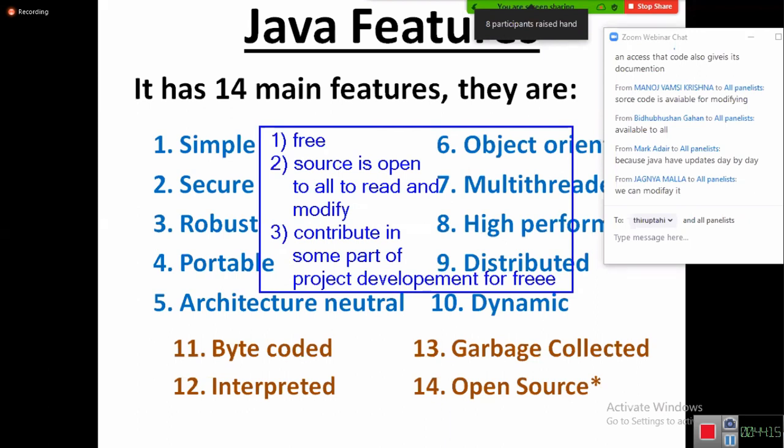Just for free, no. People who understand it that way are wrong. Java is an open source programming language because, number one, its software is freely available to download. Number two, its source is open to all to read and modify. And number three, we can also get involved in Java language development. Some functionalities we can also develop and suggest to James Gosling and his team: this is a functionality I developed for my project, just check it, and if it is required for everyone, you can include it in your language. That's called open source. Everybody got clarity?